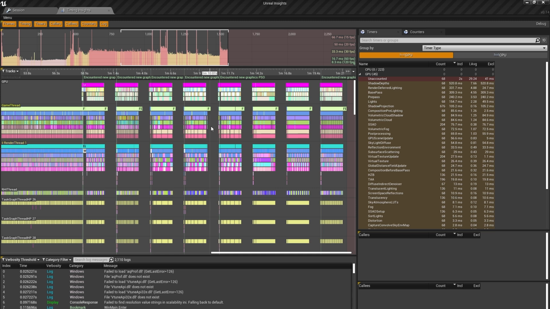If I dive into these numbers, I see that two of the numbers are a bit bigger than I planned for, and those are lights and shadow depths, in a lot, but not all of our shots. This tells me that we might have some dynamic lights that are visible in some places, but not others, and that some shots may have a lot of stuff casting shadows that may be causing some of those issues. Let's dive into the lights first, since this may help our shadow performance as well.